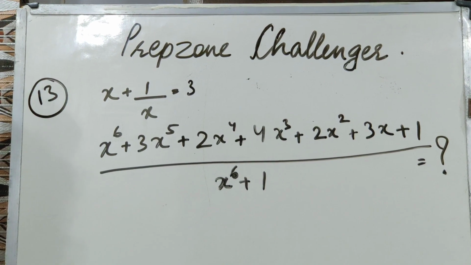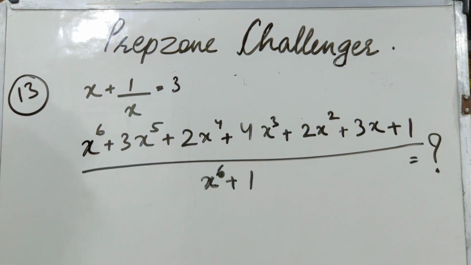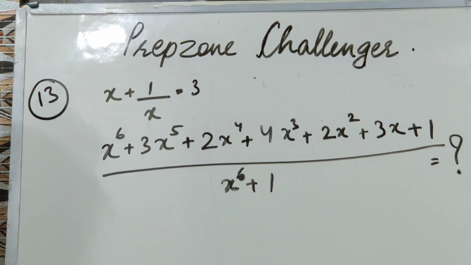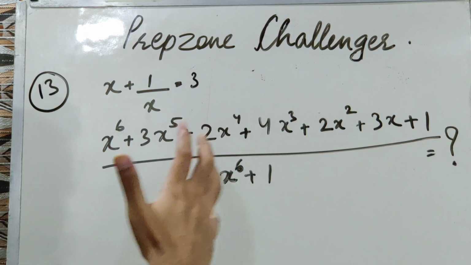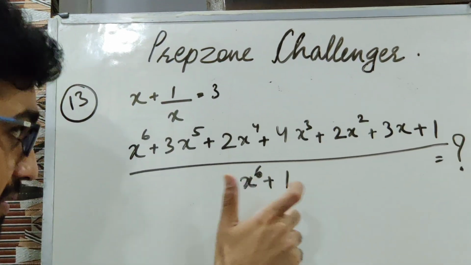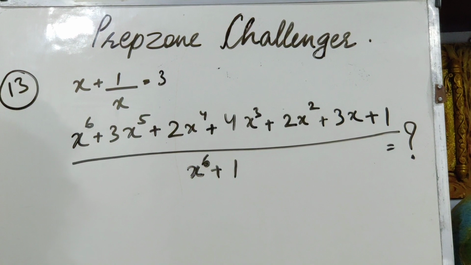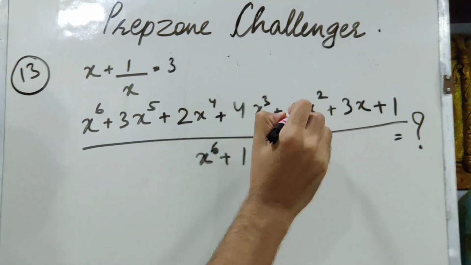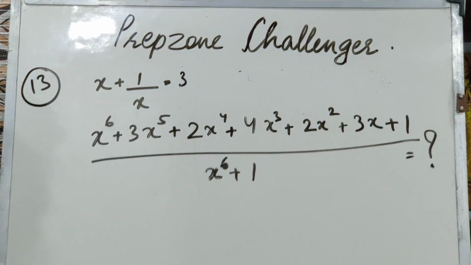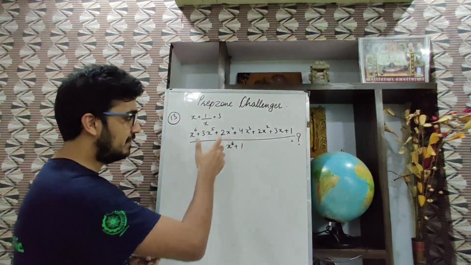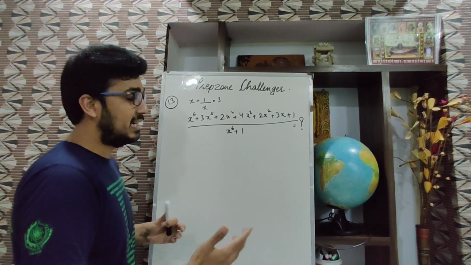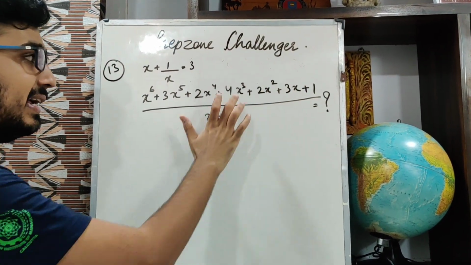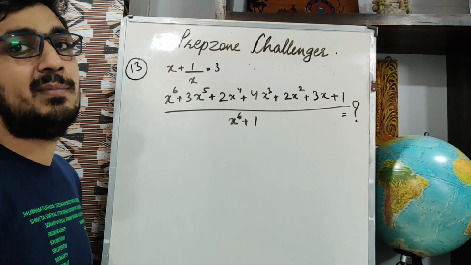What I will always do in such expressions is first analyze the pattern. If the numerator, the expression you need to determine the value of, is symmetric about x cube in its coefficients, because x to the power 4 and x square have symmetric coefficients, or you can say the maximum power is x to the power 6 and its half is x cube, then either way you analyze it based on the question, you would divide the entire numerator as well as denominator by x cube. Why? Because this expression is symmetric about x cube.